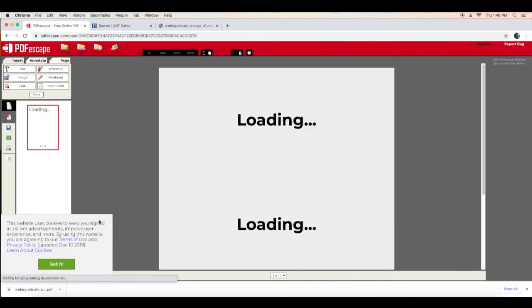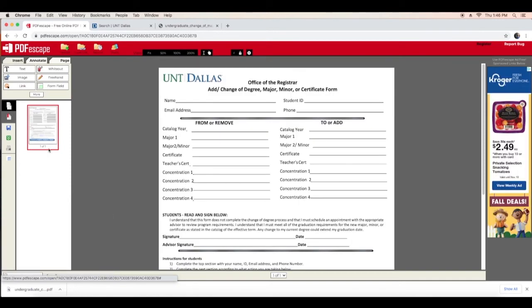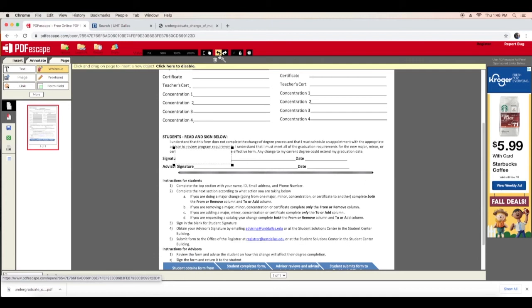Once the file has been uploaded to this website, there are 6 tool options you can select that are text to type in the text, whiteout to remove any unwanted text or signatures, image to add an image, freehand to sign a form with your mouse cursor, link to add a hyperlink, and form field to add other PDF desired